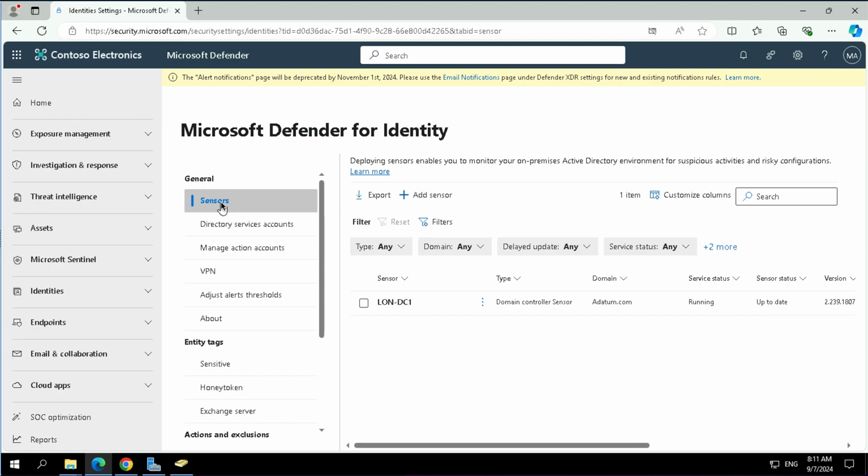In the next video, I'm going to show you how to work with the Microsoft Defender for Identity detection rules and to detect, investigate, and work